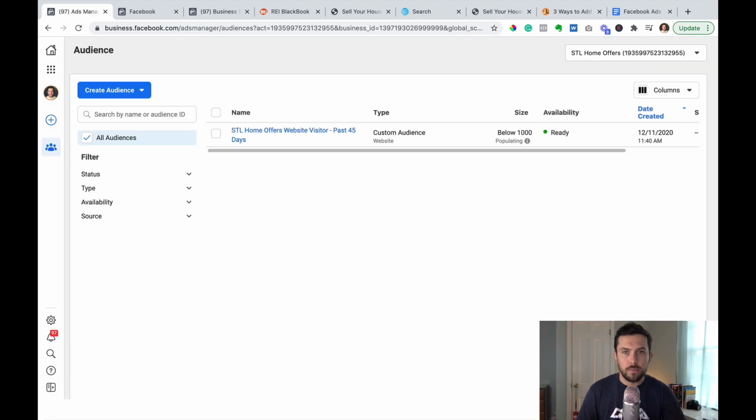And it usually takes a little bit of time for Facebook to actually build the audience, and you can see that it's below 1,000. So it's a very small audience right now, but I highly recommend that you set this up, at least add the pixel to your website, because let's say you add the pixel to your website today, you don't really plan on doing Facebook ads for a few months, but you are doing some sort of marketing and people are visiting your website. You can retroactively go back and build that audience based on people who have visited your website as long as that pixel was on your site. So you don't have to immediately create this custom audience.